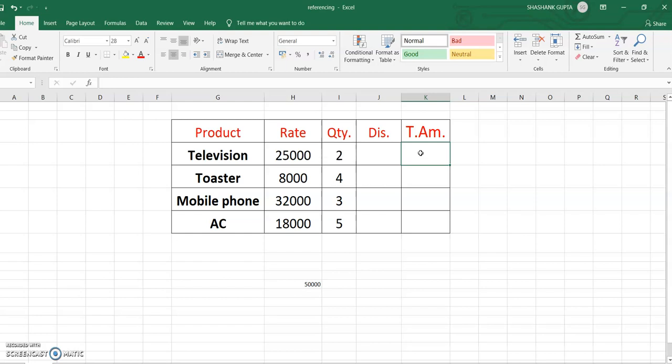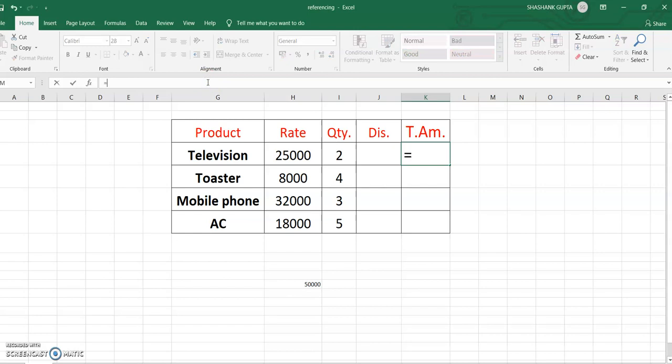Okay, so the references are changed with respect to the new cell where the formula is copied. This is especially useful when the same formula is to be entered in many cells. Why are we using relative referencing? It is useful when the same formula is to be entered in many cells, and only the cell references containing the data values need to be changed. So we will see, we have to write the formula.